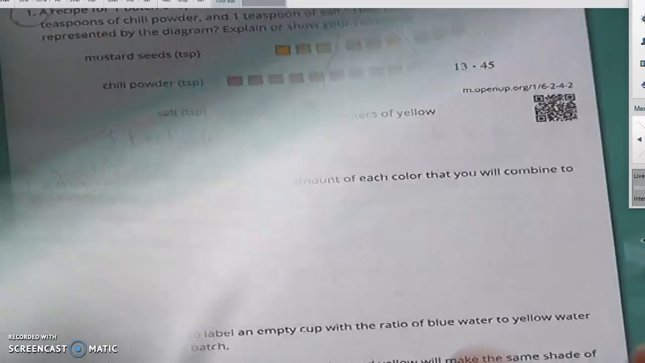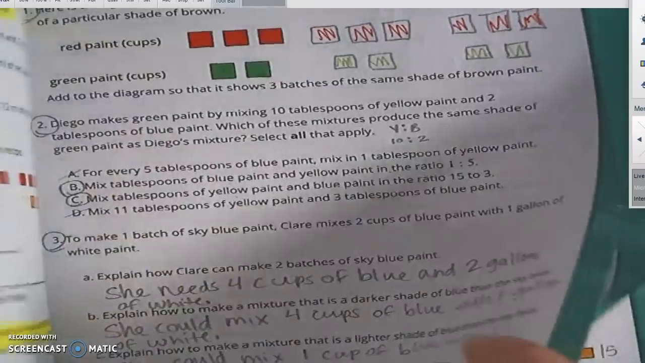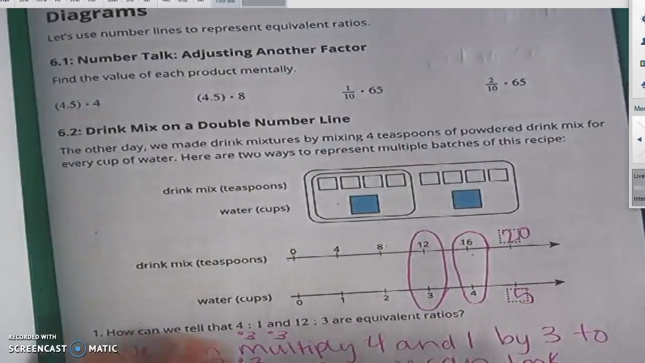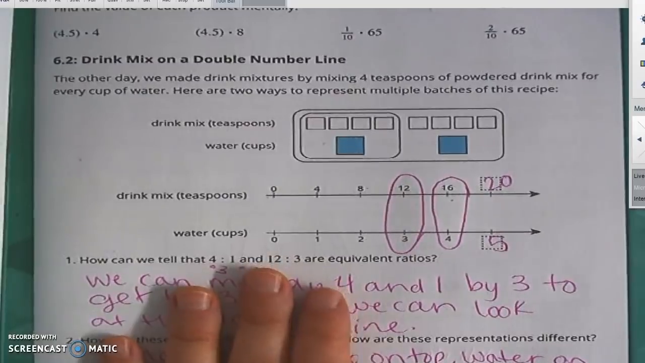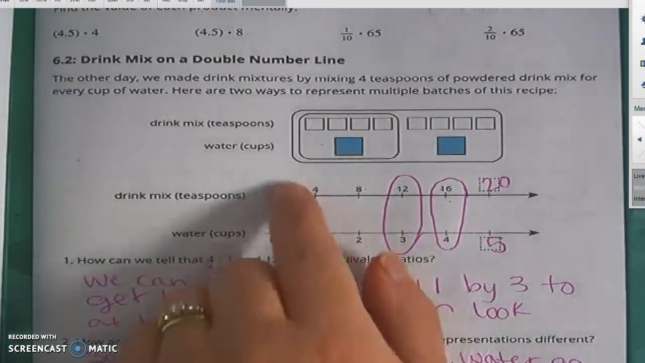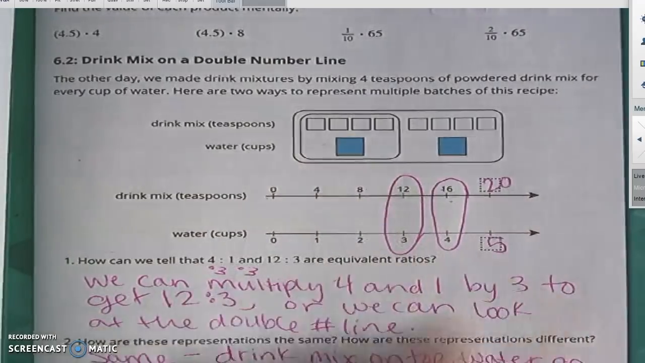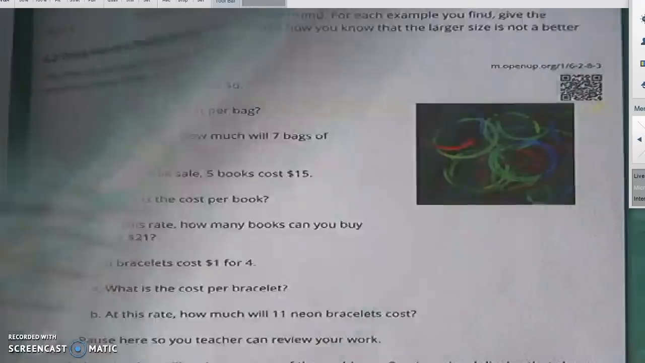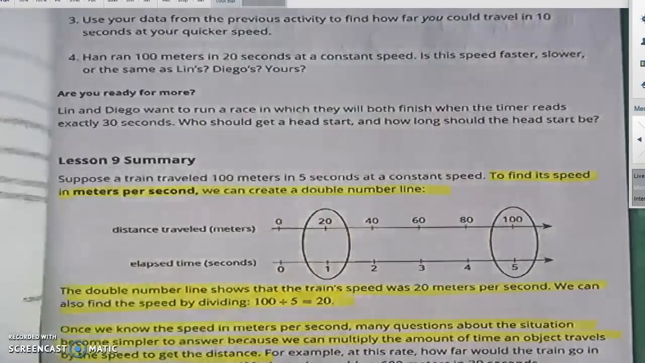And so then we went into the double number line. The double number line was a way that we could show several batches all at one time without having to draw out all these squares. And the double number line was working out pretty well for us. Until on Friday,